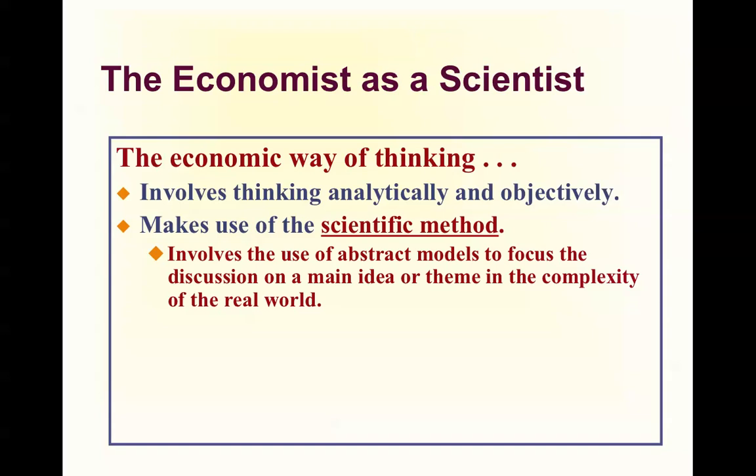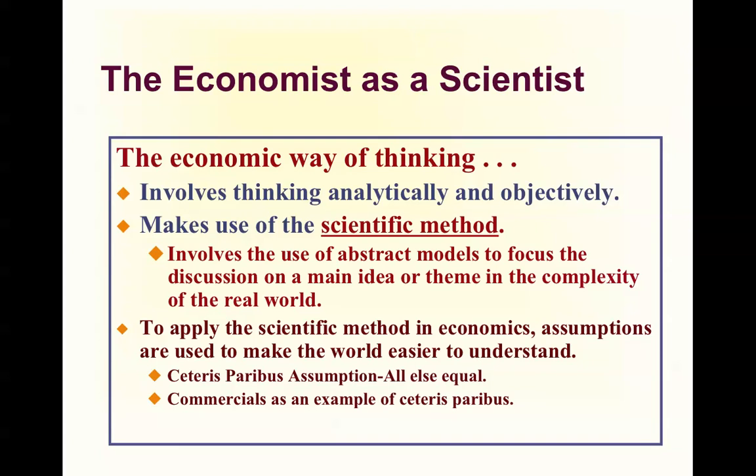So we first come up with a hypothesis, which, as you know, is some sort of a thesis statement. What we want to prove, correct or incorrect, and then we will gather evidence to either prove that assertion correct or incorrect. And in economics, oftentimes we have to use abstract models because it's very difficult to do experimentation on the everyday lives of individuals. So I'll be talking more about these abstract models in the next couple of slides.